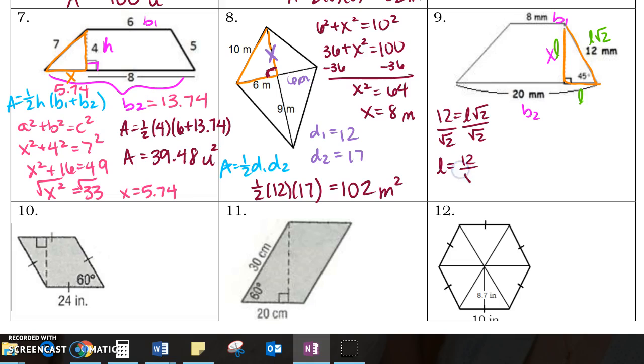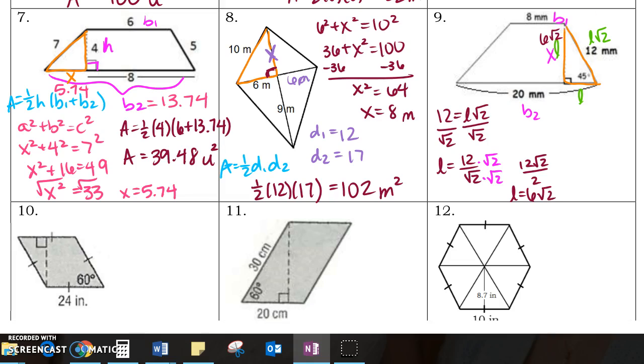So we have L equals 12 over root 2, but we don't want a square root in the denominator, so we multiply top and bottom by root 2. That gives us 12 root 2 over 2, which is 6 root 2. That means our L is equal to 6 root 2,